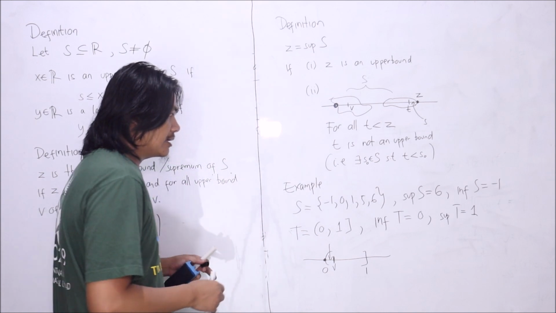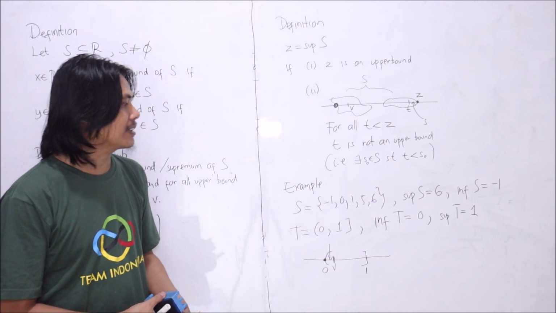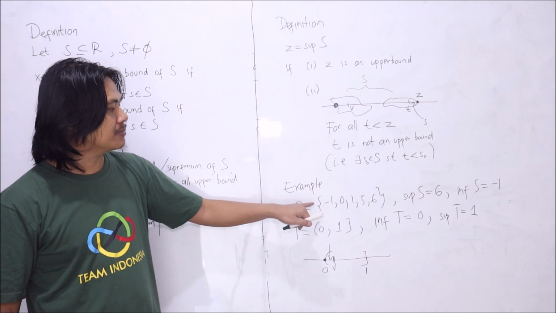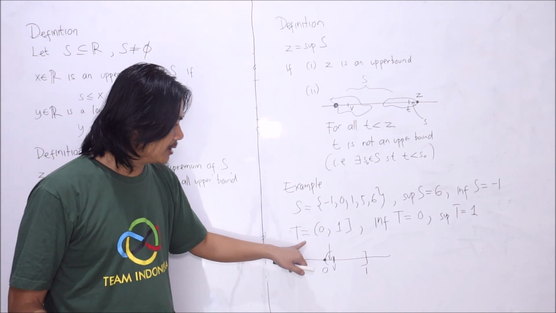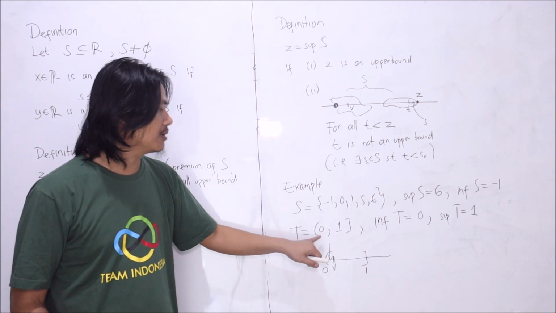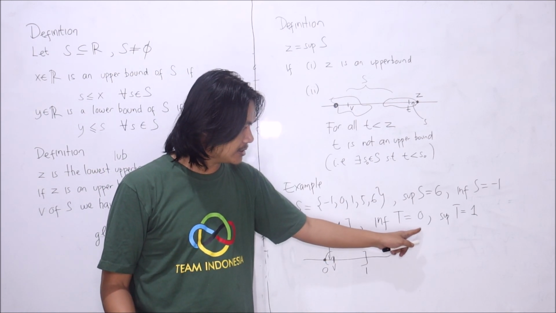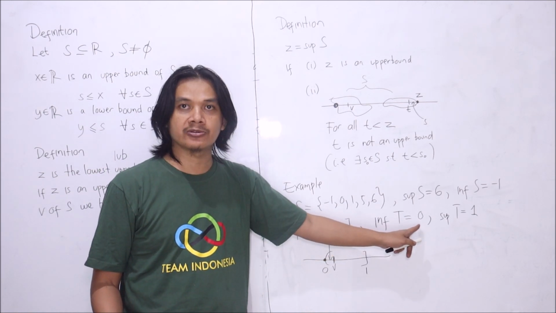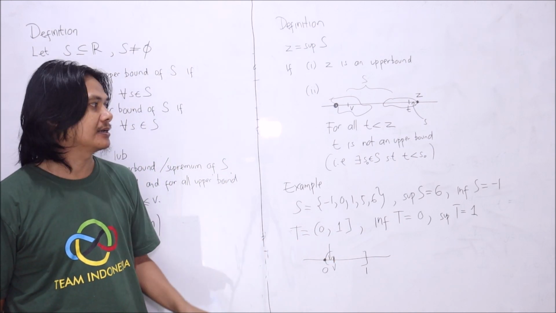What I'm trying to say here is that the supremum and the infimum, sometimes the number belongs to the set itself, but at other times it can happen that the infimum or the supremum does not belong to the set. So notice that the infimum of T is equal to 0, which is not an element of T, correct? Okay, so